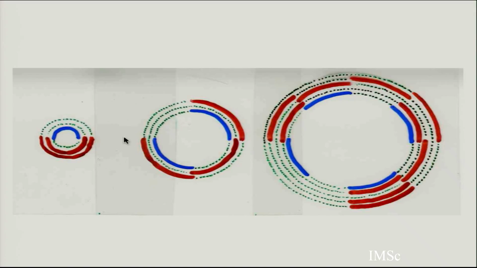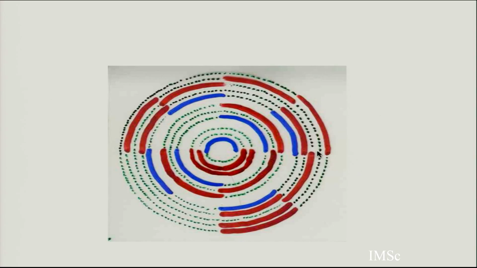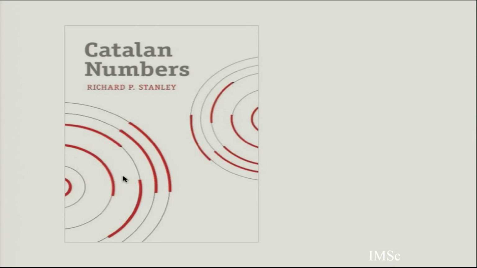So you can write this system of Kepler towers like this, or you can put them inside like a CD, and all the Kepler towers are like this. And if you buy the book of Richard Stanley, he has a book on Catalan numbers, and this is the cover of the book. So you understand that this picture is related to Catalan numbers. This is the explanation of Catalan numbers.